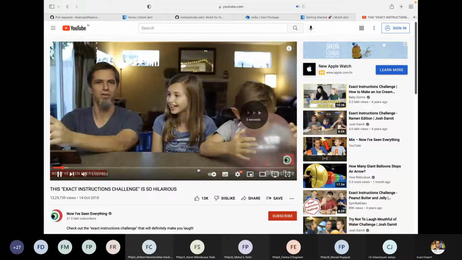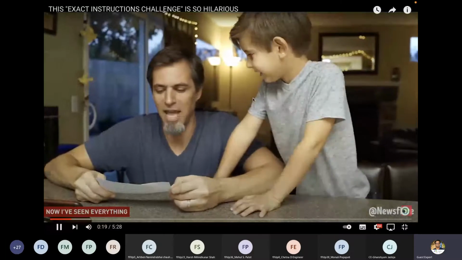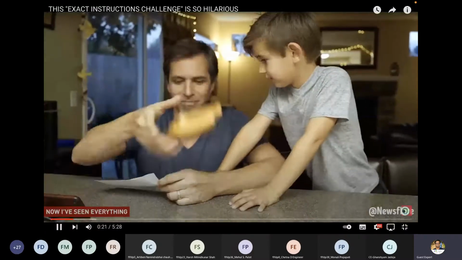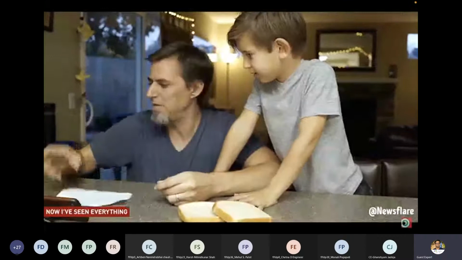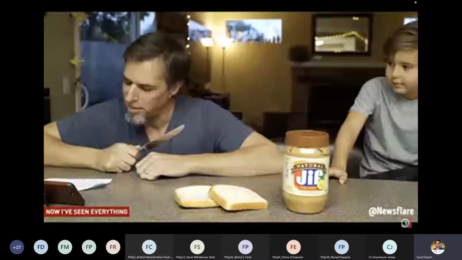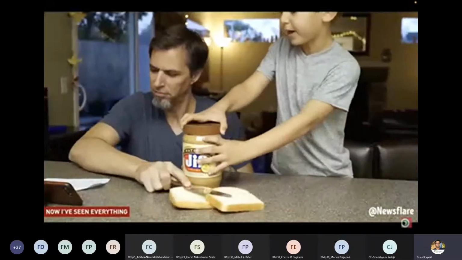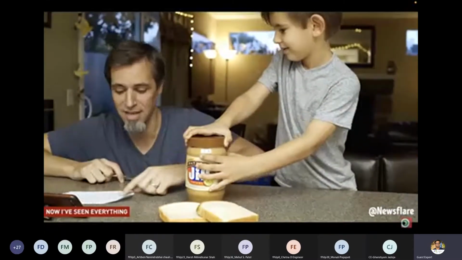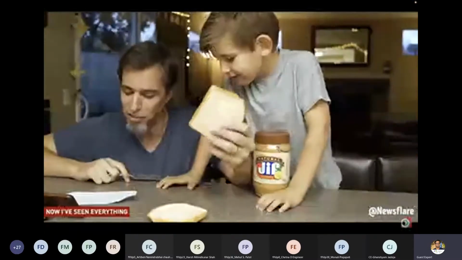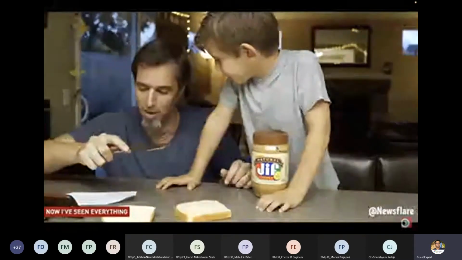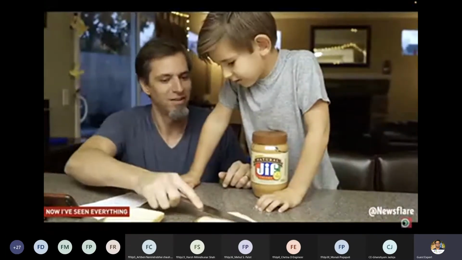Butter and jelly sandwich. Step 1. Get 2 pieces of bread out. Got 'em. Get a butter knife and get some PB. Take 1 piece of bread, spread it around with the butter knife. No, Dad, with the peanut butter. I'm just doing what it says. It says take 1 piece of bread, spread it around with the butter knife.